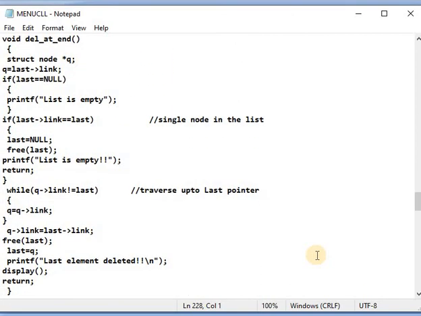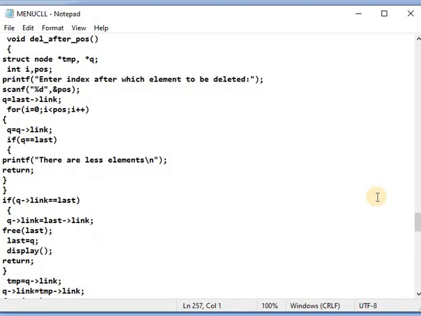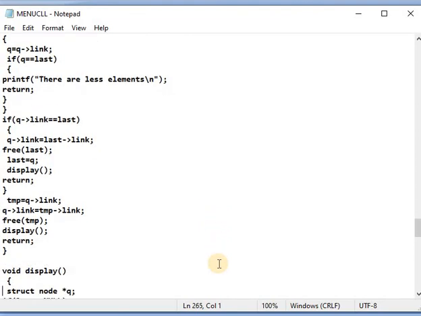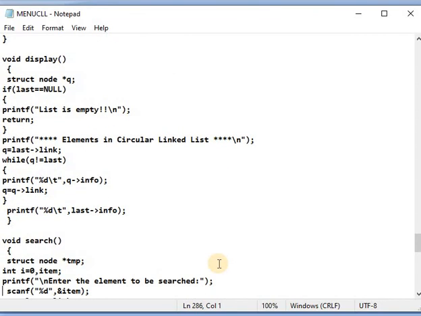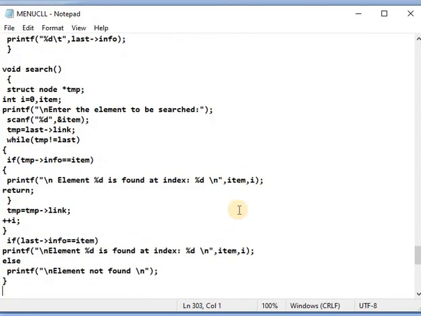After that, delete at end, the function definition of delete after position, the void display function definition for the display function, and that void search.